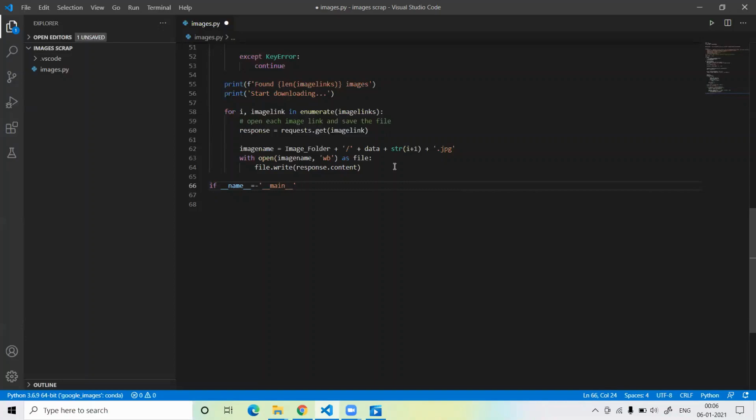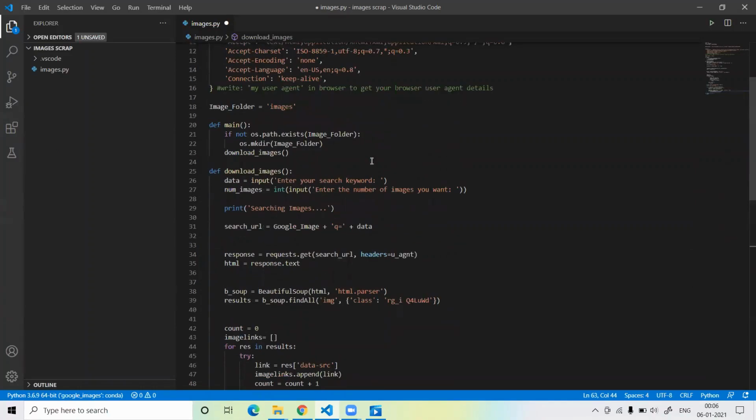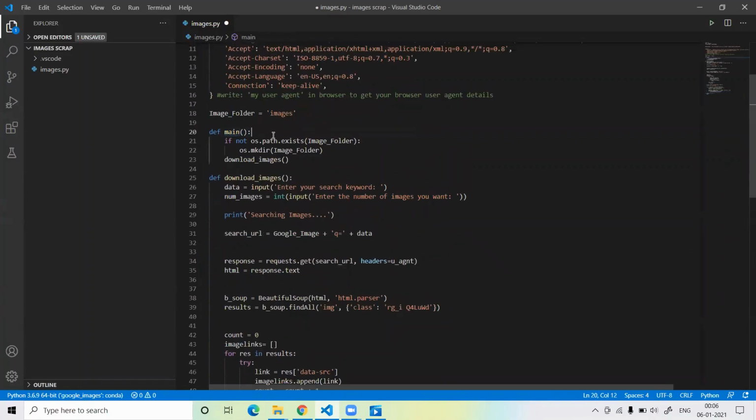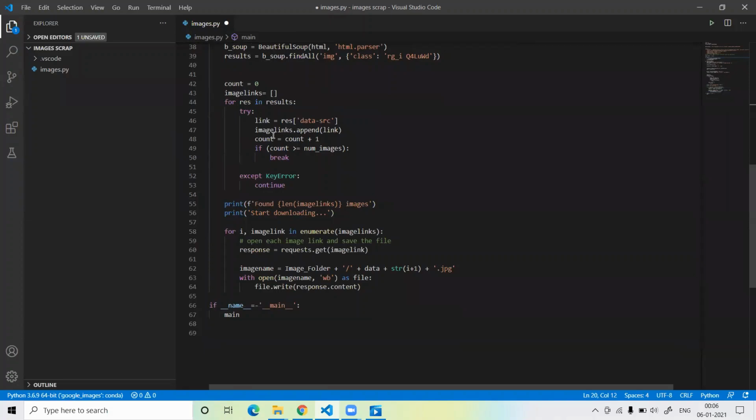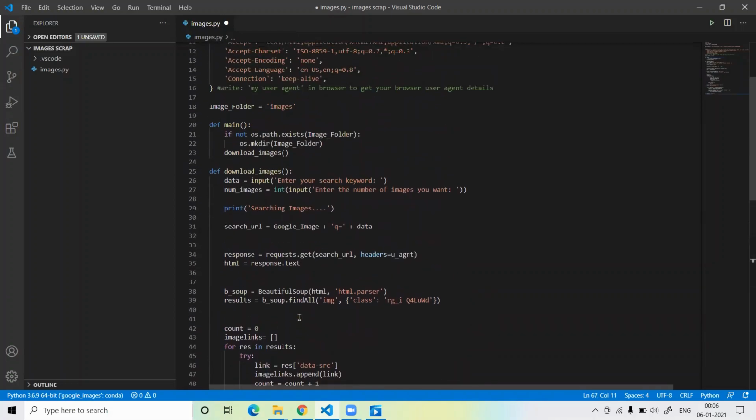After that we have to just close this main.py. What is the name of this defined function? This is the main. So you have to just write main and then close this. So guys, our code is almost completed.